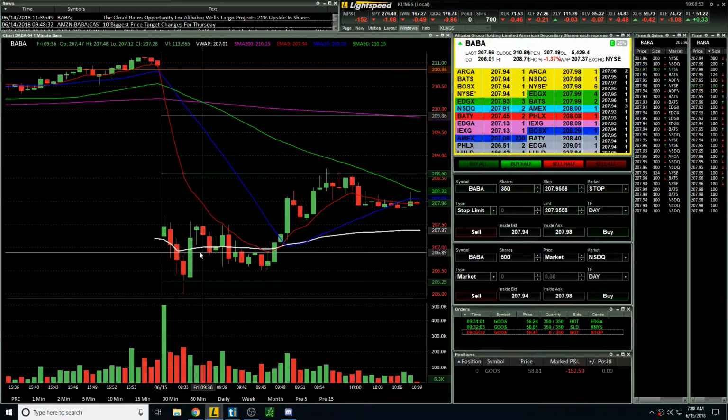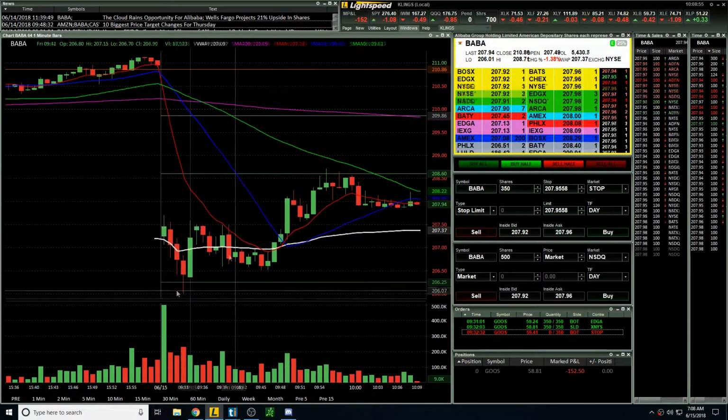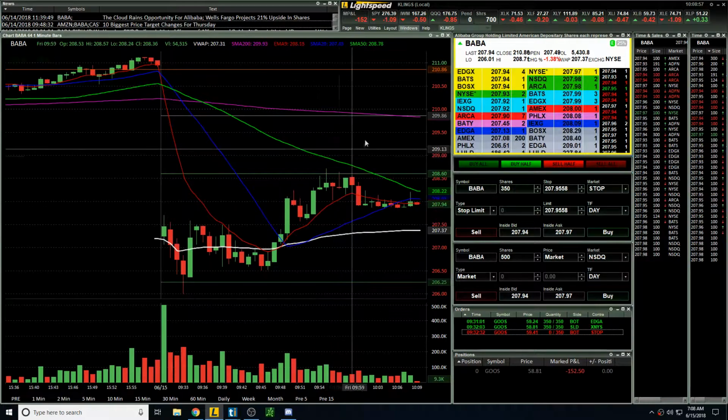Then Bob was kind of in play again. It was just chopping everywhere. There's no direction. There's nothing special about it. So